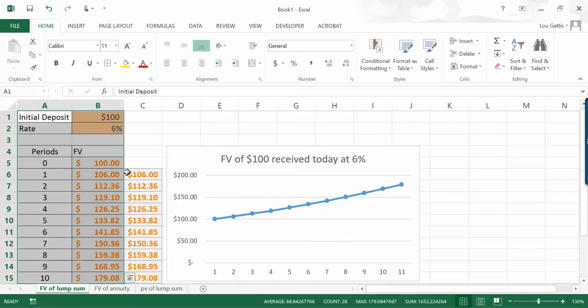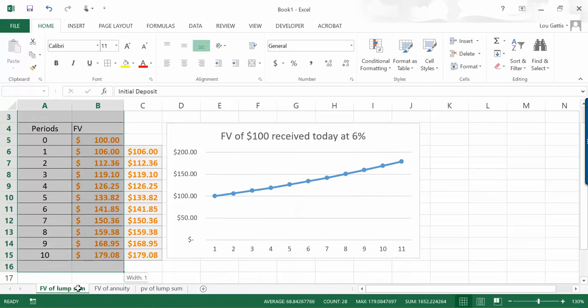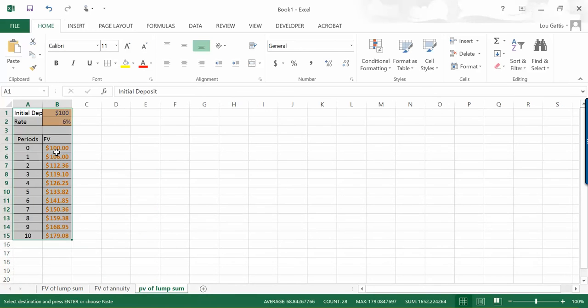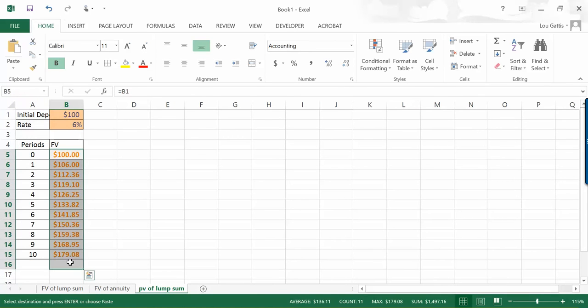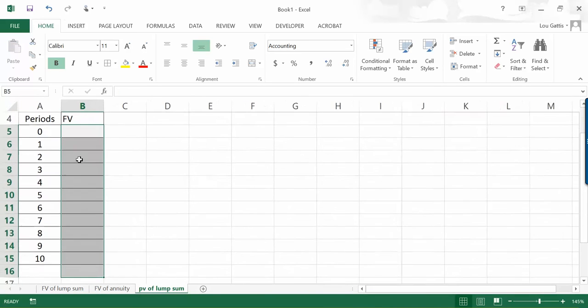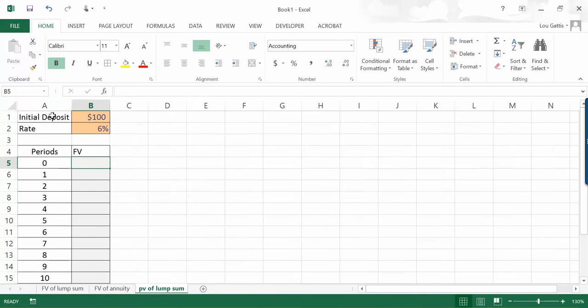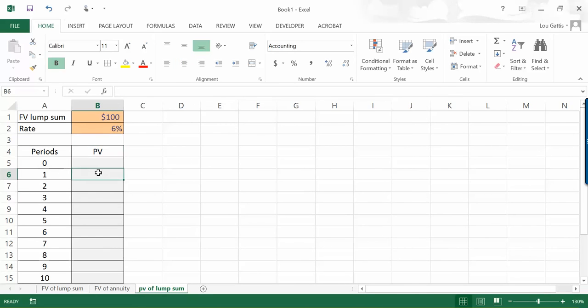I'll copy my FV of lump sum just to get formats. Saves a lot of time. Paste. I'll delete that out. I'm going to call that a future value lump sum, $100. Still 6%, but now I'm calculating present value. So the present value of $100